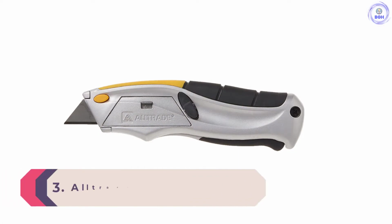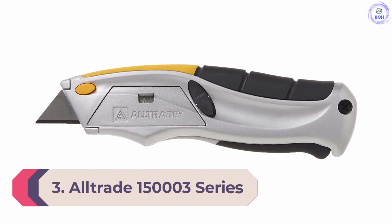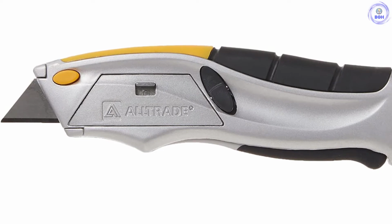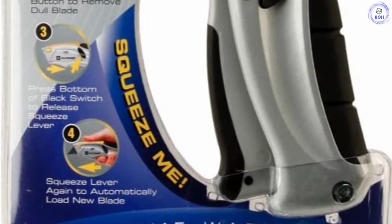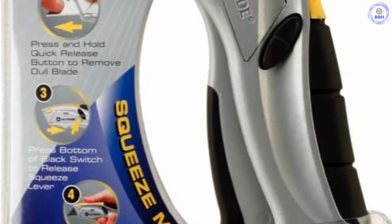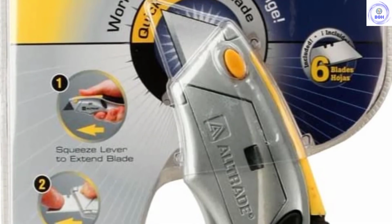Number 3. All-Trade 150003 Series Utility Knife. The All-Trade 150003 Series Utility Knife attests to the brand-famed cutting-edge design and quality on its home tool products. The All-Trade utility knife also features an easy-to-operate blade-changing mechanism with just a subtle touch of the button. And to match the brand's guarantee on user comfort, the utility knife is fabricated with an ergonomic cushioned grip and